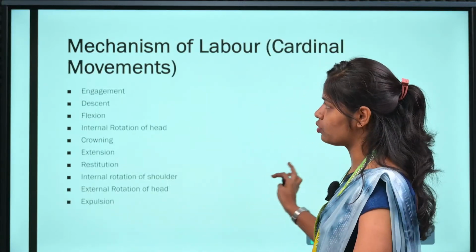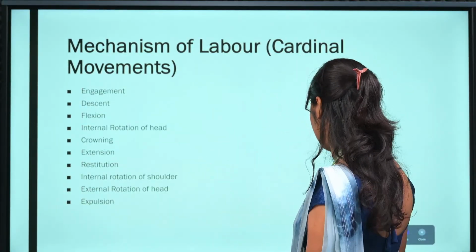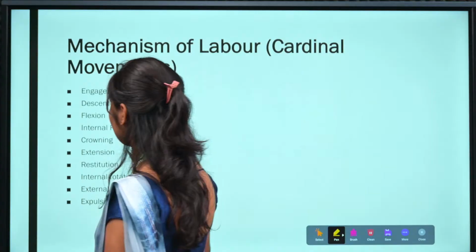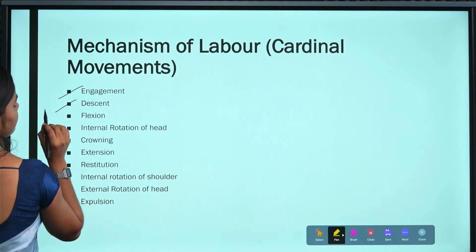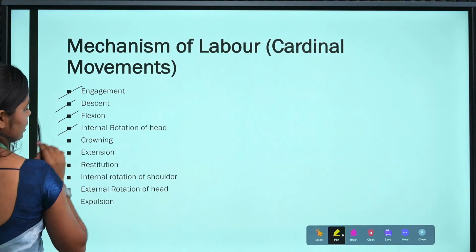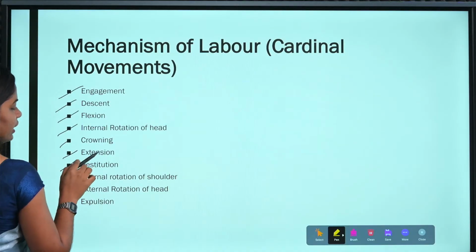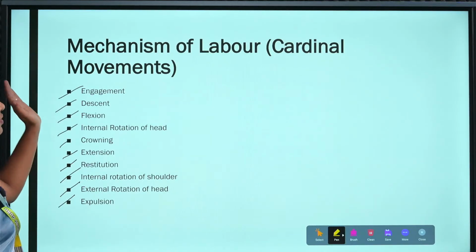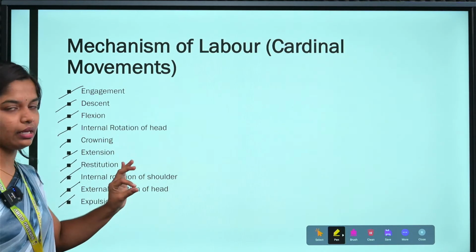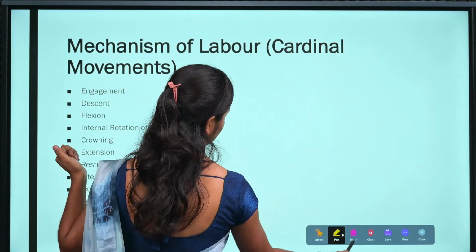How the baby is going to deliver, that we call the mechanism of labor. It contains these steps. First, engagement. Second, descent. Third, flexion. Internal rotation of head, crowning, extension, restitution, internal rotation of shoulder, external rotation of head, and expulsion. These are all the steps in the mechanism of the labor, which occurs in the second stage. We can study them one by one. First one,